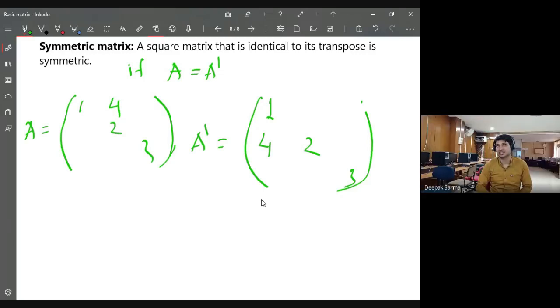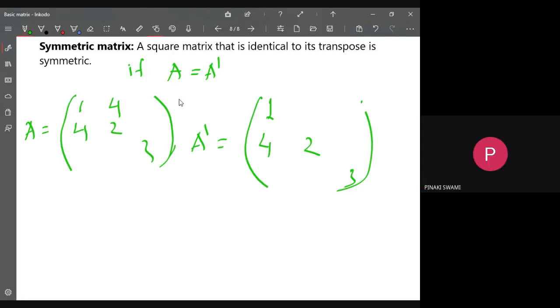If the matrix is symmetric, it must be equal to its transpose, whatever the other entries are. So if 4 is there, I must have 4 here also. Otherwise, in the transpose of A, 4 will be in the A21 position. But if I have a different entry here, then the matrices cannot be equal. This one cannot hold. Is it clear?